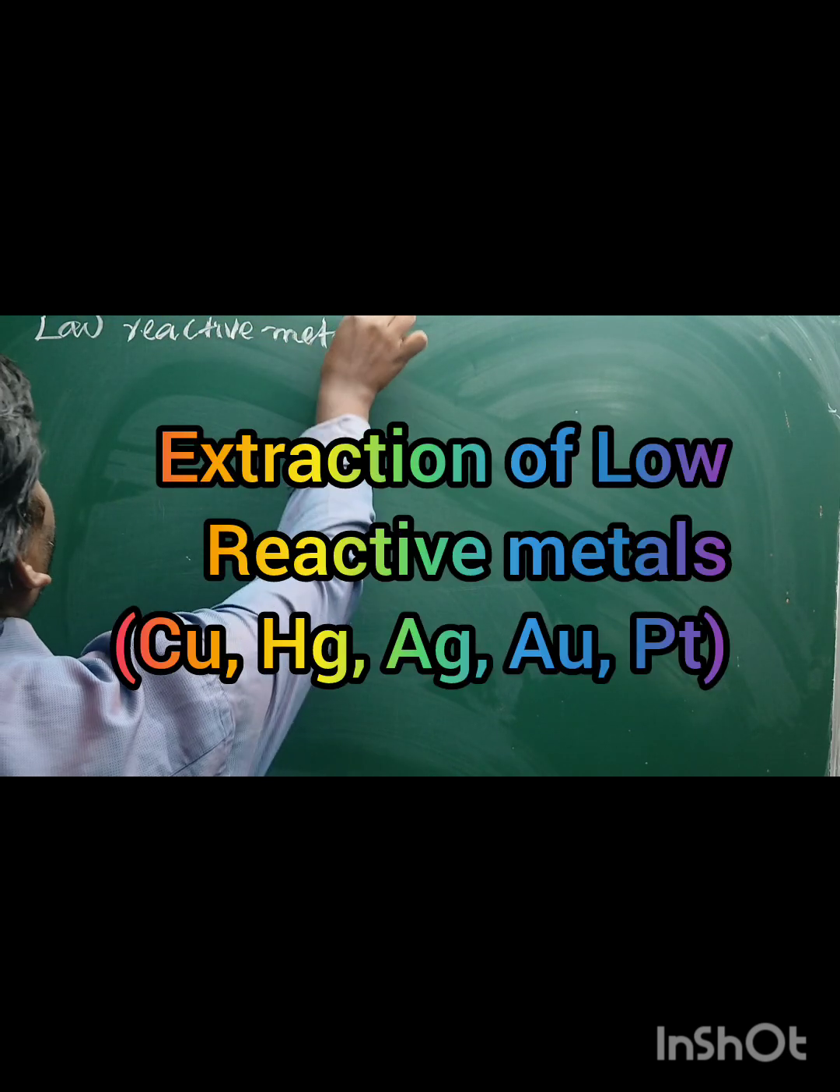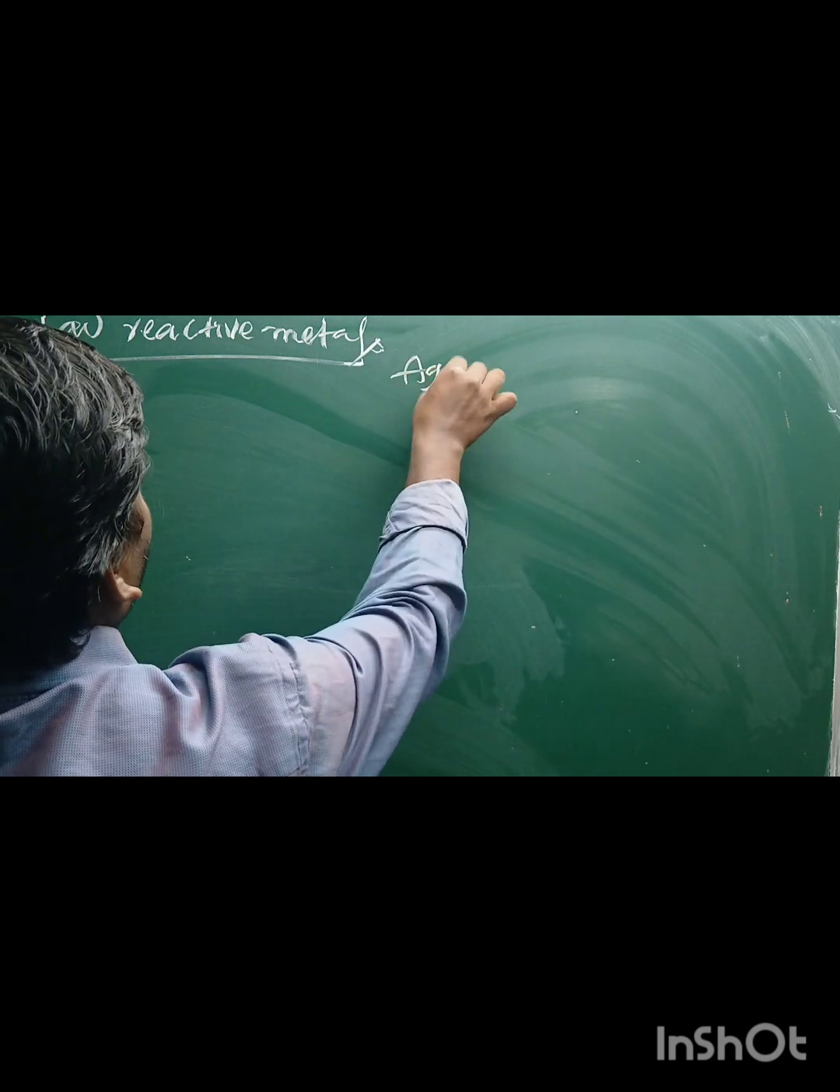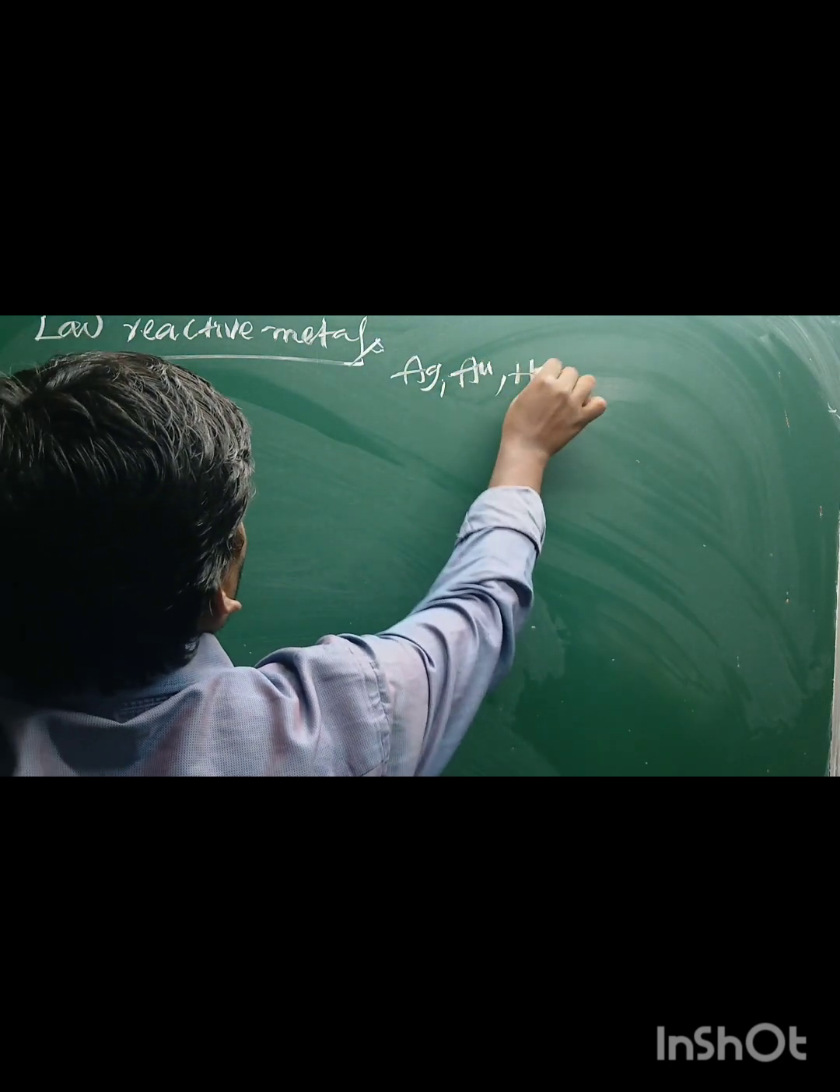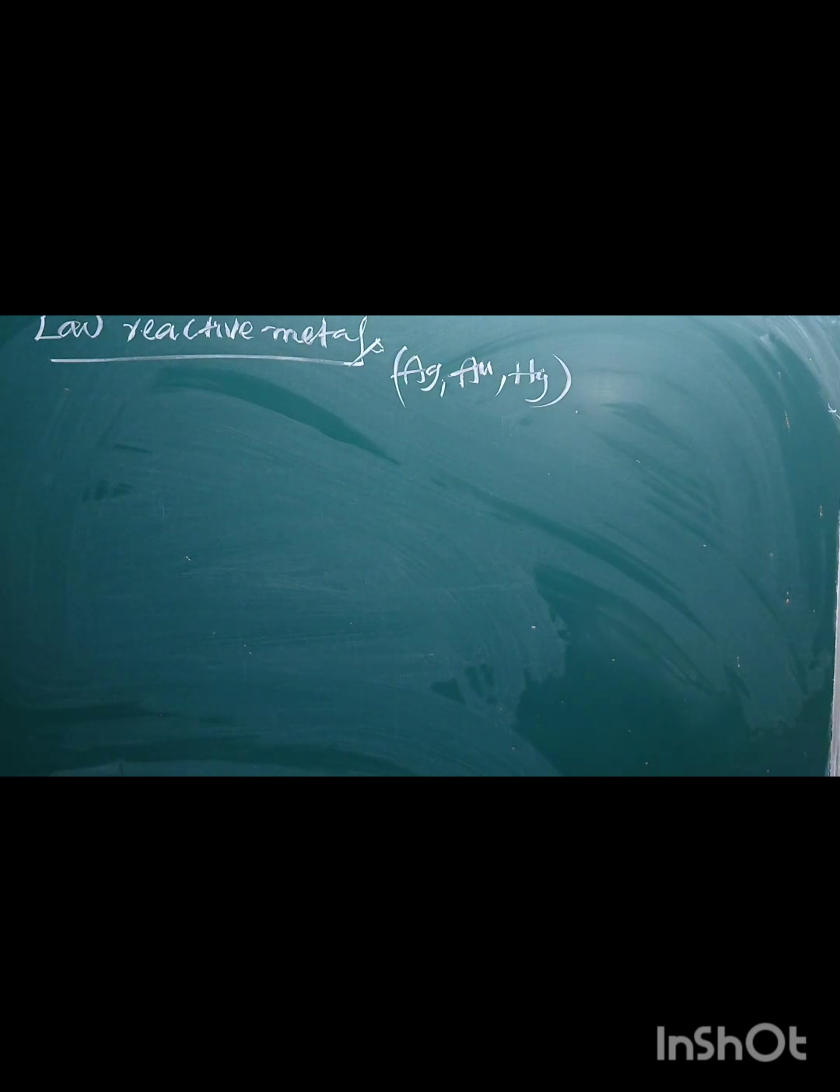Now, how to extract the low reactive metals? That is called simply hydrometallurgy. How to extract the low reactive metals, for example, silver, gold, or mercury? Okay, now how to extract the silver, sir? It is based on the fact that a more electropositive metal displaces a less reactive metal from its salt. A more reactive metal which displaces a less reactive metal from its compound is called